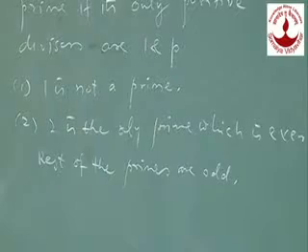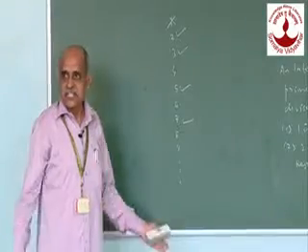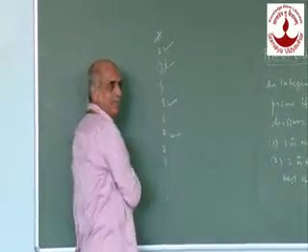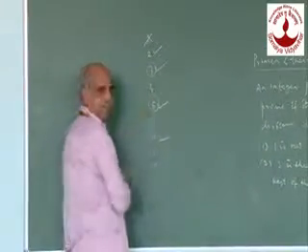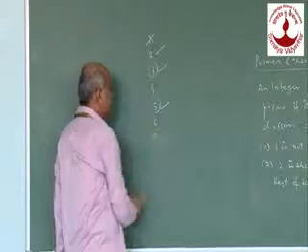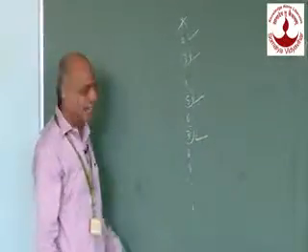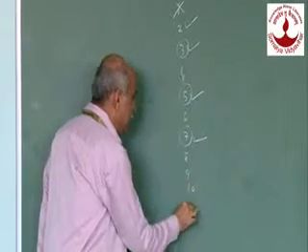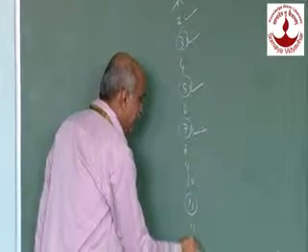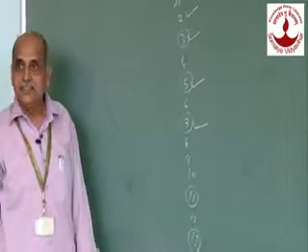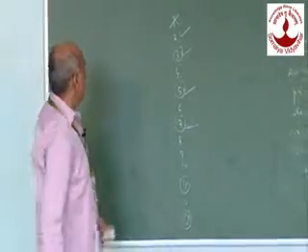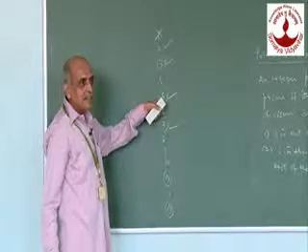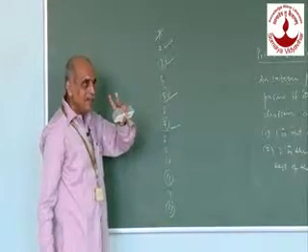Again, observe the same trend. What is the speciality they have? Let us say 3 is a prime, 5 is a prime, 7 is a prime. What is the next prime number? 11. If you write 10, 11, then the next prime number is 13. So if you observe the first 3 and 5, what is the difference? 2.